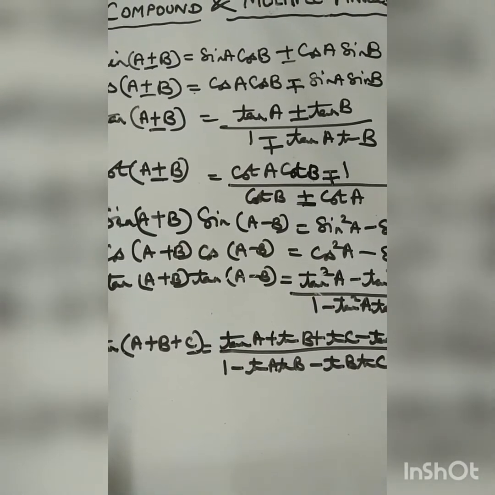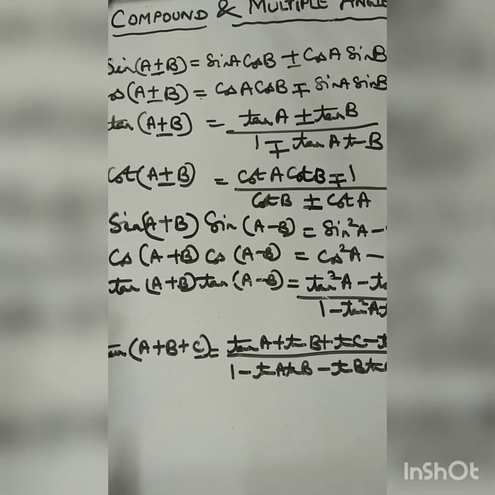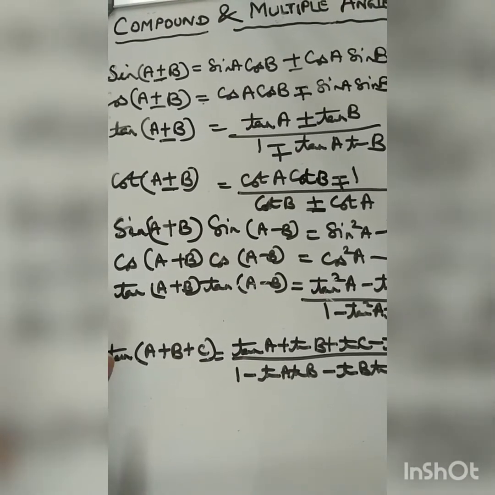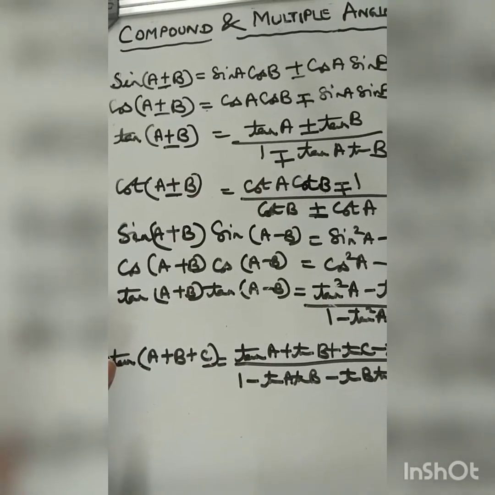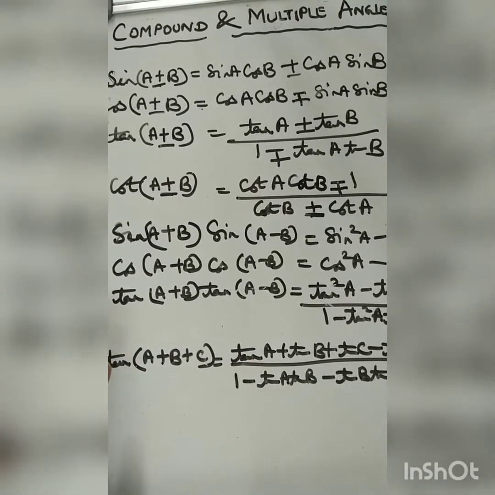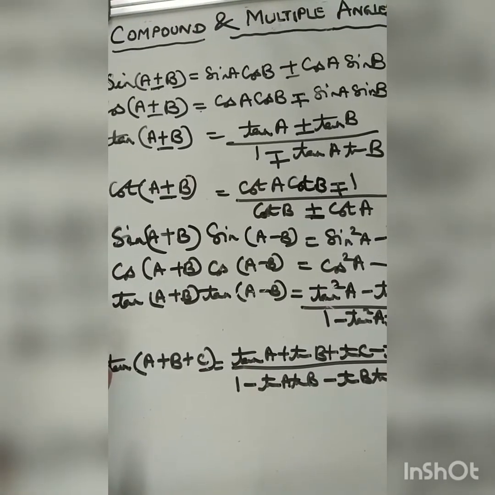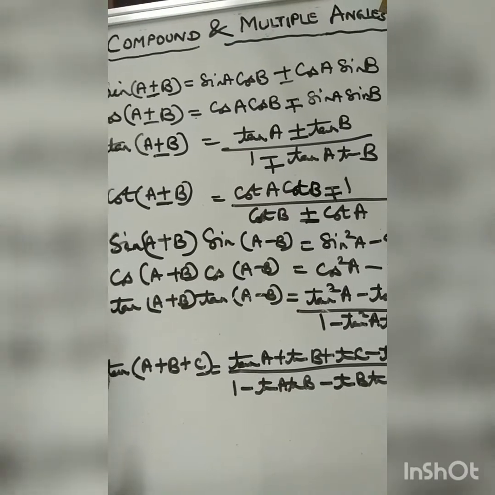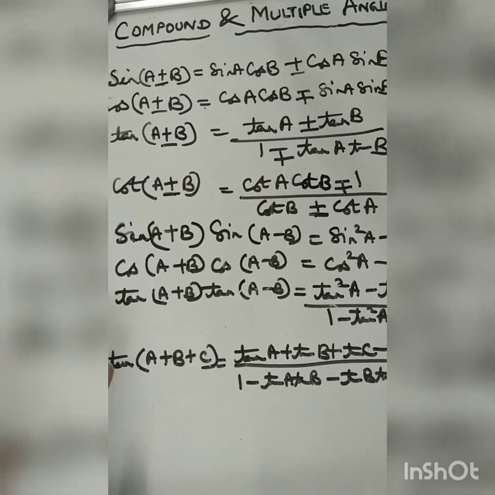Those tables are very much useful here also because conversion formulae we have to use everywhere wherever angle is more than 90 degree, because in first quadrant all the angles are positive, so there is not much of confusion. But when you go on to second, third or fourth quadrant, then obviously conversion formula are to be applied.